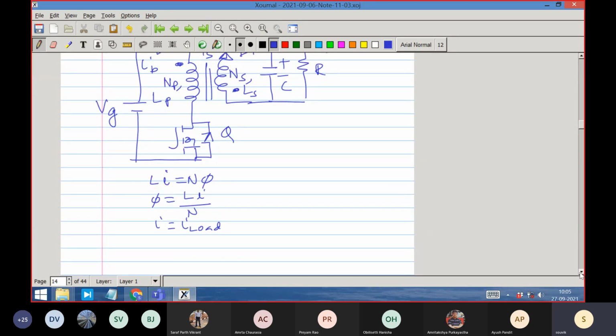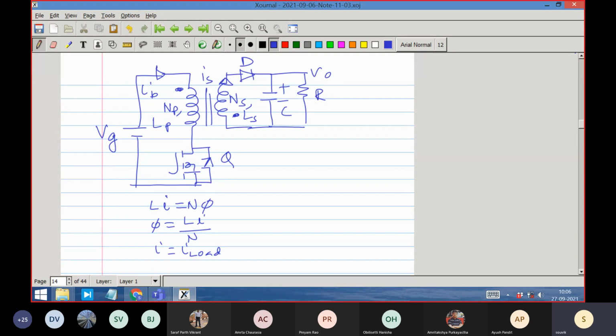Here, I had just drawn the flux level, because the windings are in the same core, combined, creating the flux level. It so happens that when there is a primary current, IP, there is no secondary current, and when there is a secondary current, there is no primary current. Therefore, the flux levels are created independently by the primary current and the secondary current. Unlike a transformer, where in a forward converter, whenever there is a primary current, a secondary load component of the current is simultaneously flowing in the primary and secondary. So they cancel, and the only thing that remains is the magnetizing part of the current.